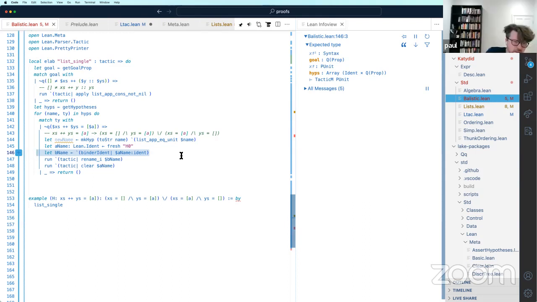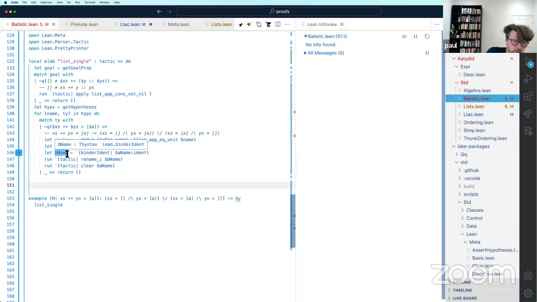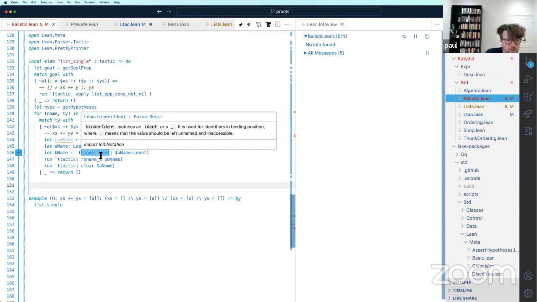Does it come from the parser? Yeah, this is a T syntax. Oh no, I mean the actual binder ident. On line 146, this binder ident is a parser description. So every part of a Lean program has one of these parser descriptors, and you can use those before a pipe in this quoted thing. So tactic is also a parser descriptor.